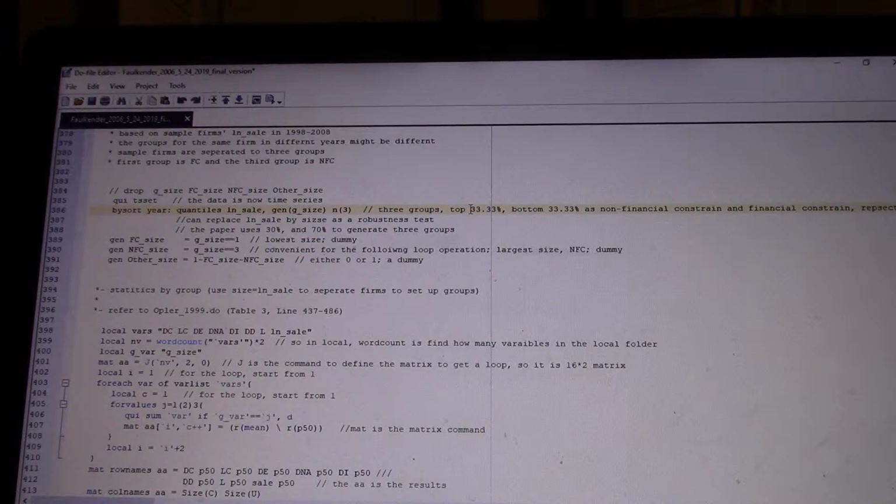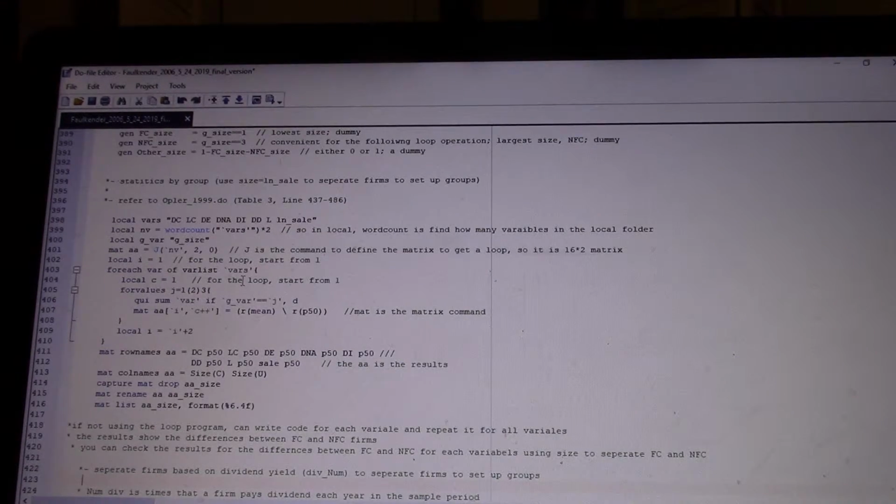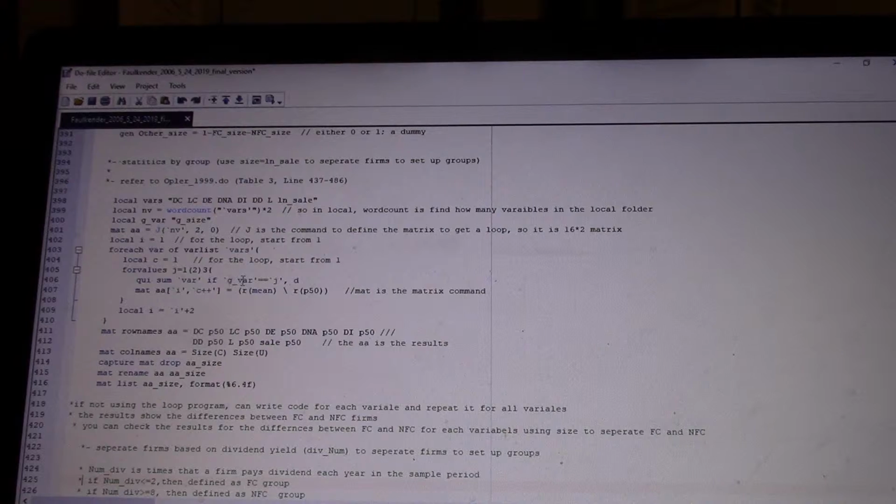Yeah, from 0% to 33%, that will be the financially constrained firms based on size. And then if it's above 66.67%, it will be the financially unconstrained firms. Okay, and then after that, we have firms classified into the groups, and then we need to